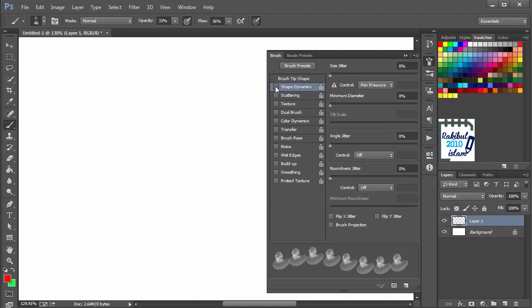You can also select the shape dynamics and change the size jitter, minimum diameter, angle jitter, roundness,